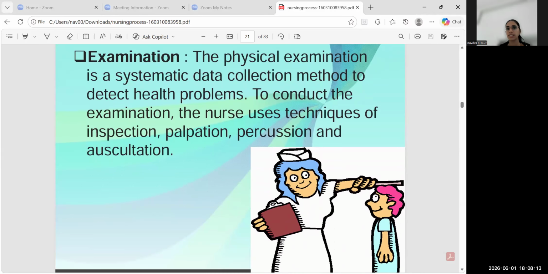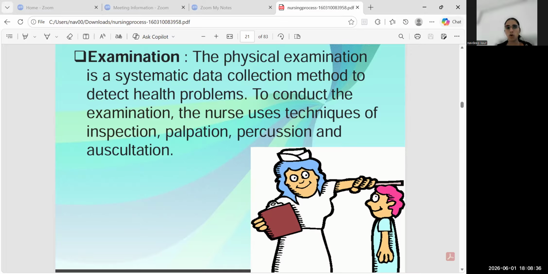Then next is the examination, physical examination. It is also the systematic data collection method in which we examine the patient. For example, if the patient has a respiratory condition, then we do the respiratory assessment. If the patient has a cardiovascular problem, then we do the cardiovascular assessment, and we can hear the sounds of the heart like glub, dub,